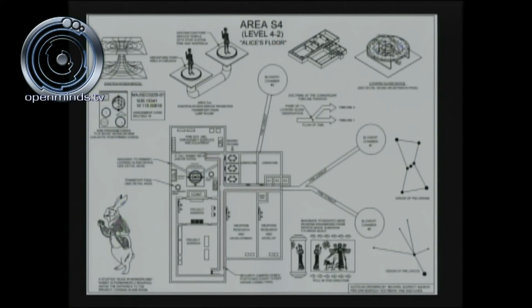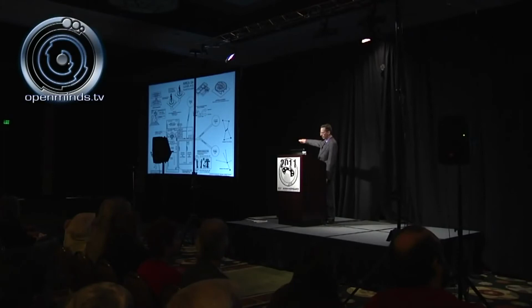Up on the left, I've got a graphic of what we have termed the galactic positioning codes, because when you access a Stargate at the S4 facility, you don't need to have a galactic positioning code on your arm or flip book, because all that data is inside the control room. But when you go outside S4, you do need to get this positioning code data so that you know where you're going. Here we've got the jump pads at 4-2. And then down here, we've got the Project Sidekick storage facility. There's also one just below that. To the right, we've got weapons research and development. I've got a blown-up view of the looking glass device here.